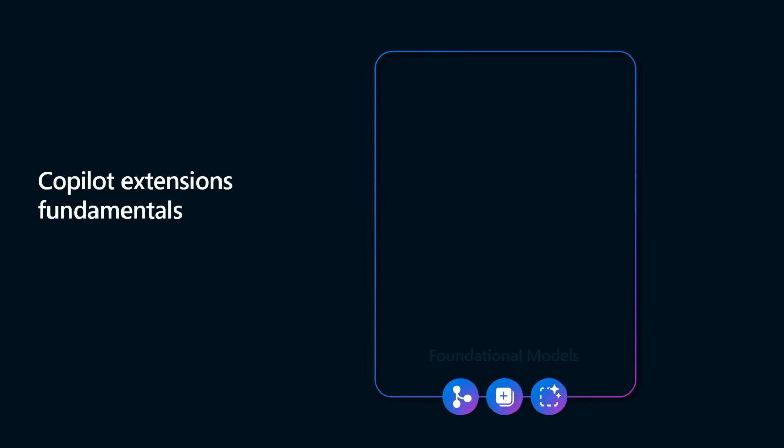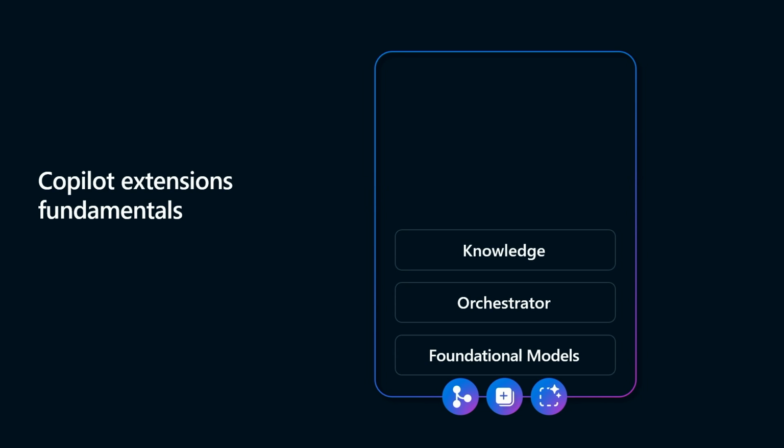So, as a first example here, when we talk about foundational models, that's kind of the base that Kevin Scott would have talked about in the keynote this morning, of which large language models you are using or small language models you are using inside of your Copilot. And the orchestrator is really the brains. That's the thing that takes all the data at the top of the stack and brings it to the large language model to then understand what it does with it and how it responds to the user. And then the orchestrator throws that back up to the user in our user experience. And the key thing is, by default, the orchestrator has access to this knowledge. And that knowledge is the M365 data that's inside of that Microsoft Graph.